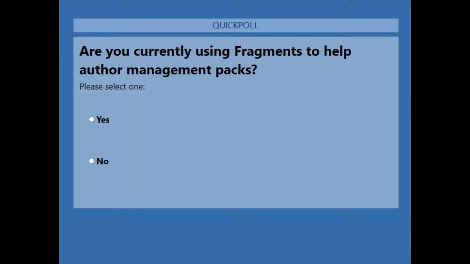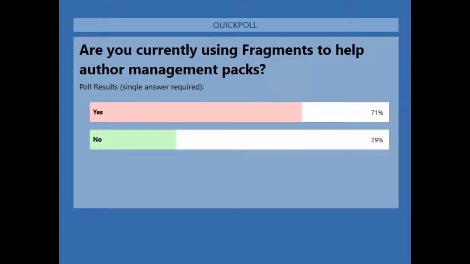I'm not even sure how to do that. I'm sure you can take it back, but I'll see what I can do here. Okay, so the poll is running. So let's go ahead and close the poll. And I'm going to share it up on my screen, although I don't actually see it on my screen, but